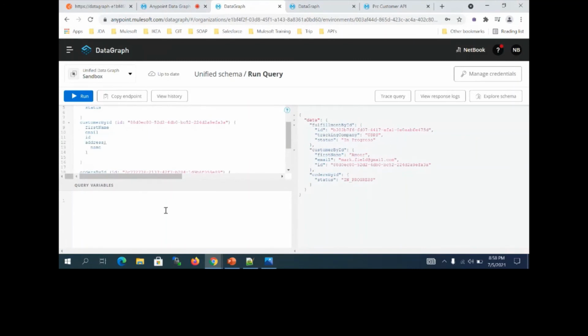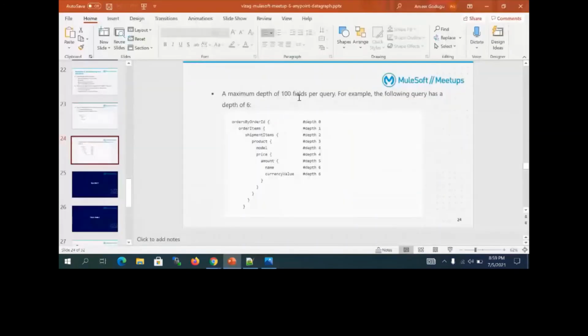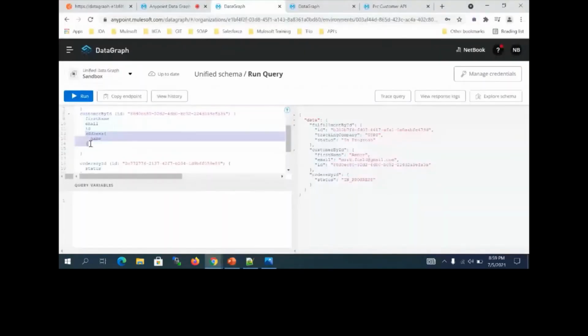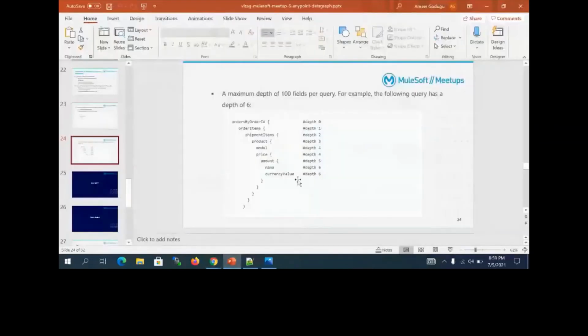So like this, you can go up to 6 levels and a maximum of 100 fields for the query. So the depth is over here. This is one depth. This is another depth. That is the root depth, and this internal one is the second depth. So 100 fields and 6 depth is what we can access. Those are the limitations as of now in a data graph.